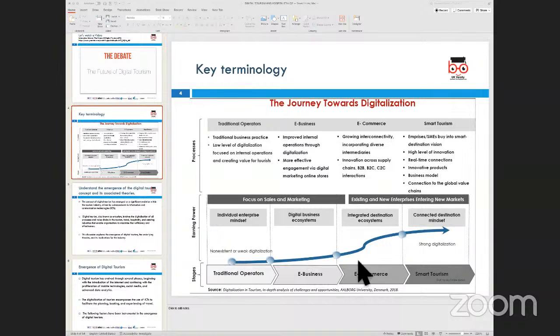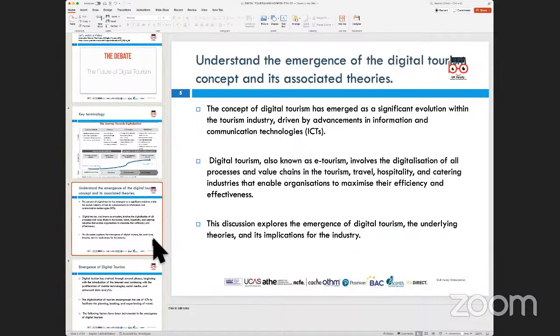Then the interactivity in terms of being able to buy, purchase, and put out more information in an interactive, engaging manner, leading to e-commerce, and then finally the use of smart tourism or emergence of the concept of smart tourism. And then when we do talk about this in detail, what we are looking at is the main purpose of why we say that digitization or digital technology or technology in general is now a part and parcel of this particular industry is because it allows